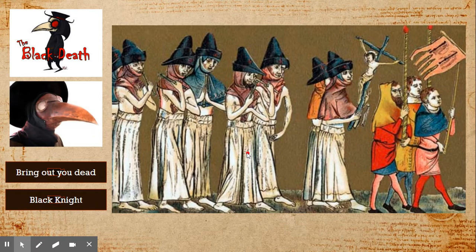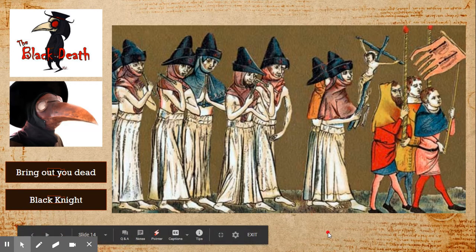And this was another way that the church tried to solve the problem. Again, they didn't know what was going on. So what you had was people who would go through towns and whip themselves. A lot of these whips had small hooks on them, so their backs would be completely bloody. They thought that was a way to drive out the bubonic plague, or to purify the town they were going through. And of course, you're just spreading the disease even more when you're doing that.